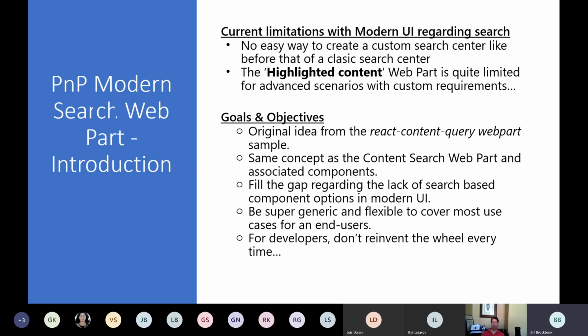Now, at one point, we didn't have connected web parts. We now have connected web parts. So in this case, we have 4 connected web parts we'll look at and how they work together. There used to be 6, but they dropped it to 4 in the latest build. If you need all 6 of the old ones, you can go pull them from the old repository, and I'll give you the referencing for that as well. But in the end, you can do basically any type of site that looks like a search center just by bringing up a modern page and creating it.